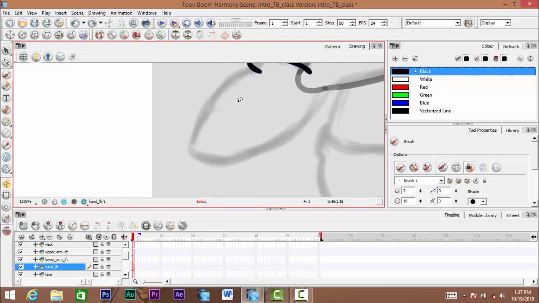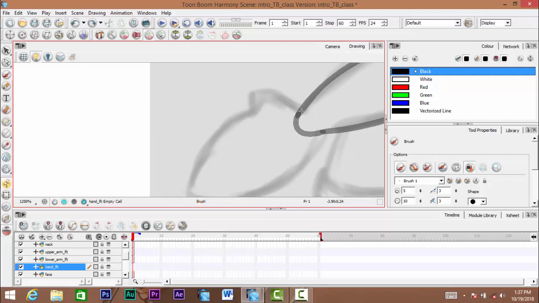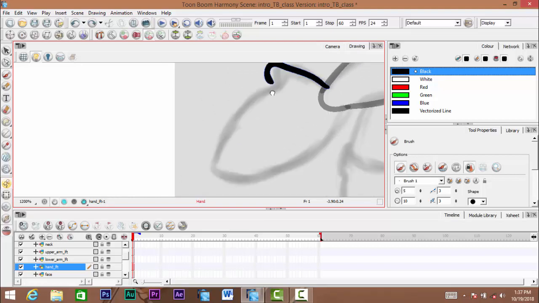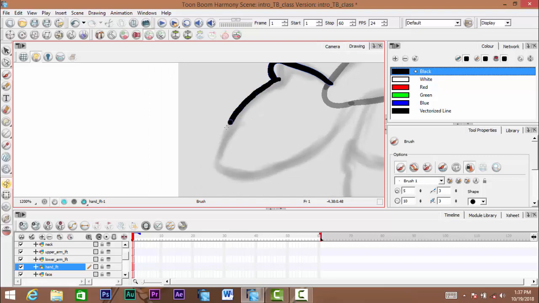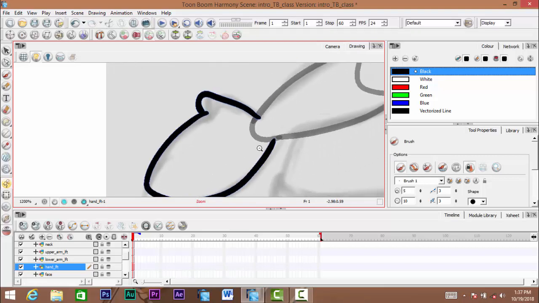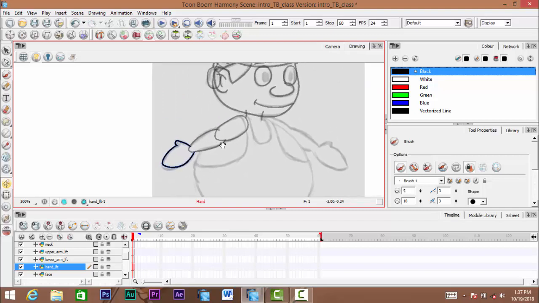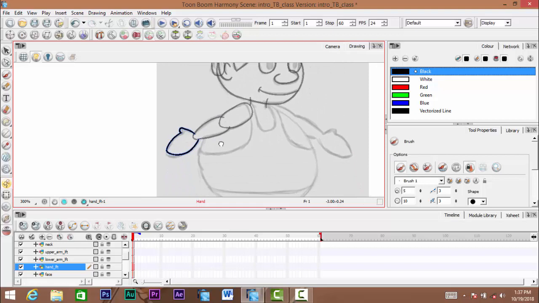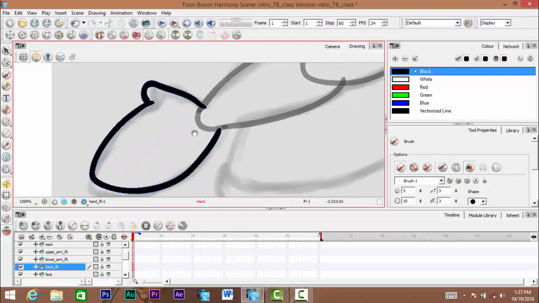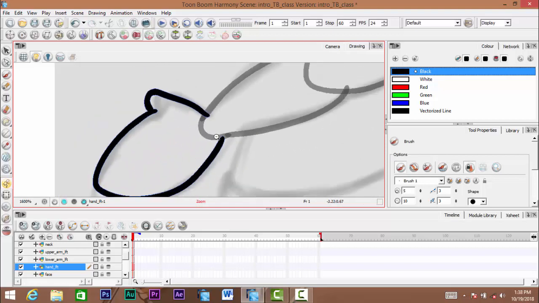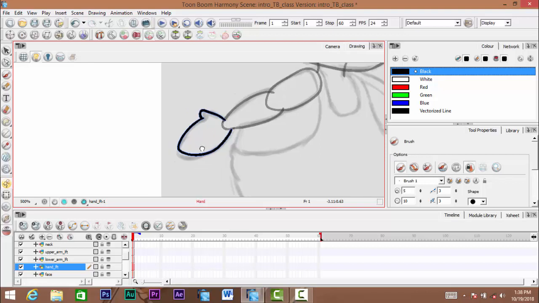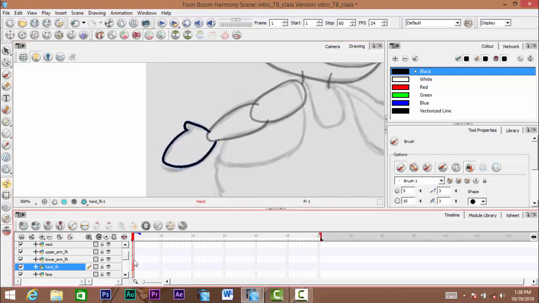I'm trying to see whether it's what I want. Remember, the hand might not be this way. In fact, this hand is not looking realistic because this character is a cartoon character, so we are going to leave it that way. But if you are designing your own characters, you can create better looking characters that are